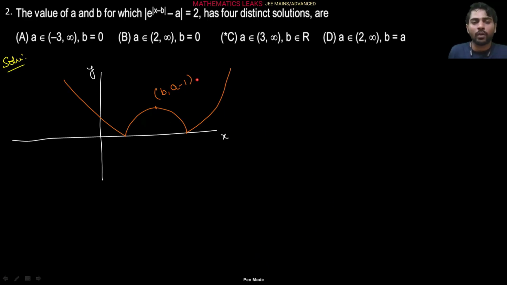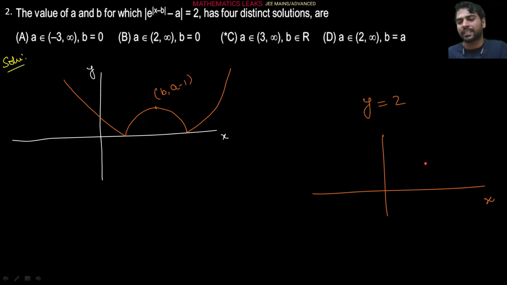Now this equals to 2. This equals to 2 has 4 distinct solutions. So what does this mean? The left side function graph is this one. And for the right side function, y is equals to 2 here, the y is equals to 2 graph. This is the x-axis, this is the y-axis. So it's a constant here. So what will the graph be? A horizontal line, parallel to the x-axis, and this is the y is equals to 2 line, right?